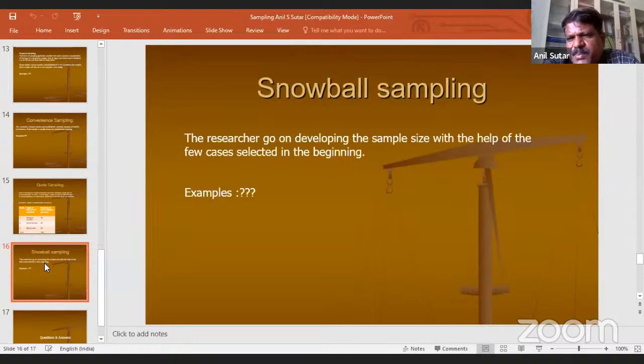Snowball, you can think of when the population is hidden. Snowball, you can also think of when the population may not be hidden, but is very small. For instance, I can give an example in cities like Mumbai. There is a sand mafia everywhere, and you might have heard of the water mafia also.